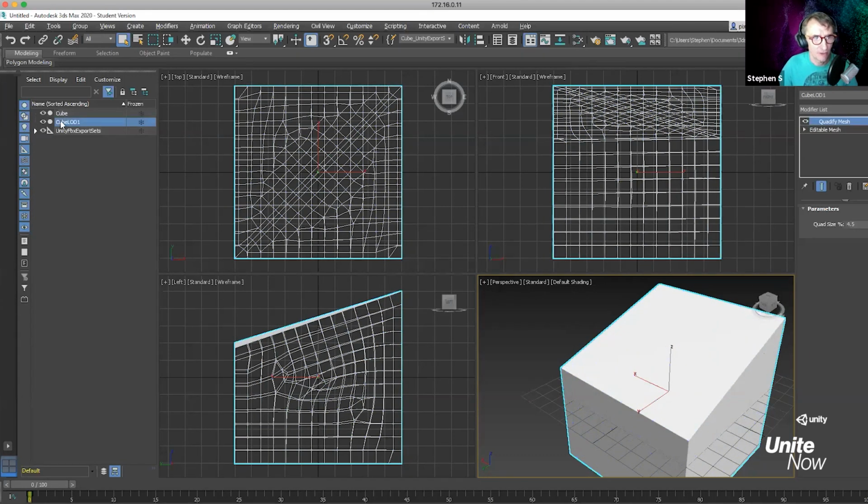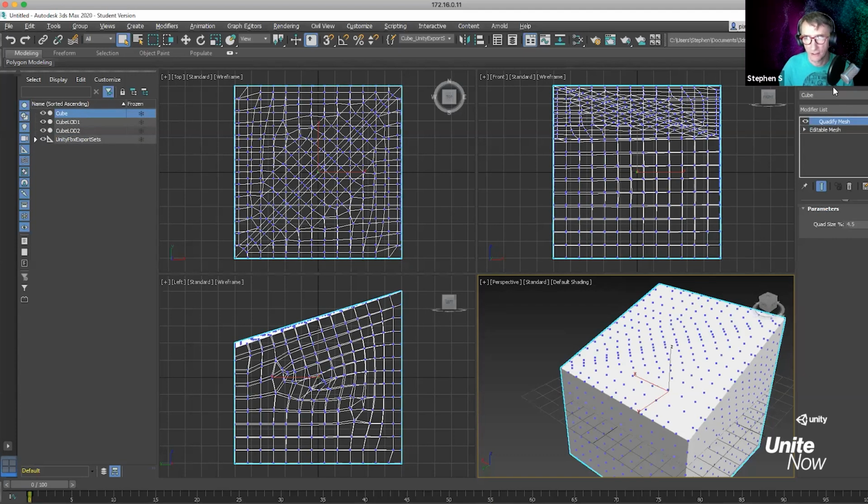Then I'm going to do the same thing: right click, clone, copy. You'll notice that it changed it to 002, but I'm going to make sure it just says LOD2. The reason I'm doing this is because Unity will use these names for its own LODs. The first cube didn't have LOD1 or 2, so I'm going to go over here on the right-hand side and change that to LOD0. So I'm going to have LOD0, LOD1, and LOD2.